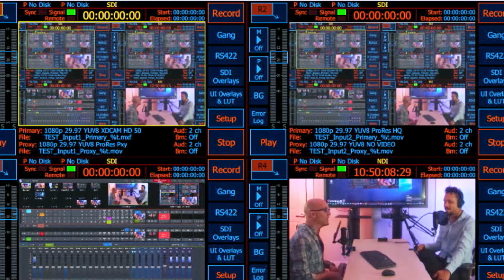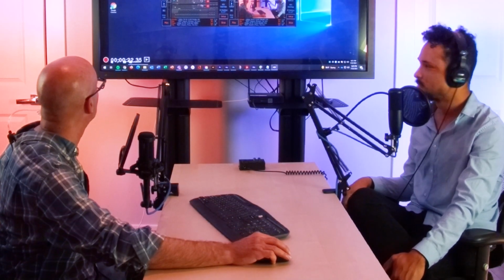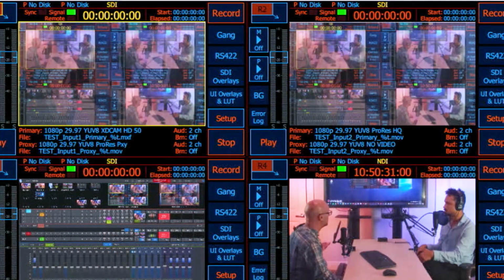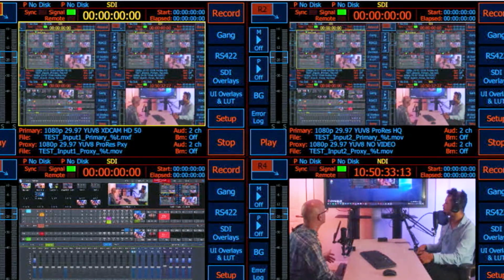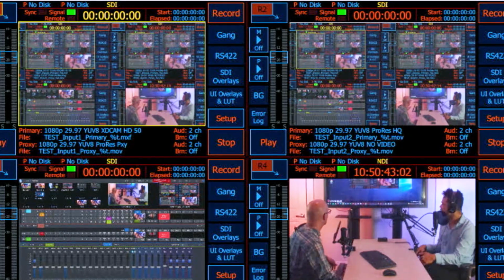But there is a brand new interface that is getting released right now. It gives a very simplified UI and allows you to play with it from just about anywhere. It looks really nice, very cool. What we're actually seeing right here isn't a traditional Cinedeck. This is the Cinedeck LX, and the LX has no SDI inputs. It is completely NDI. Your 4 sources coming into it, or you can get it in an 8-channel version, are NDI sources coming into the machine that we can then record to whatever flavors of video we want.